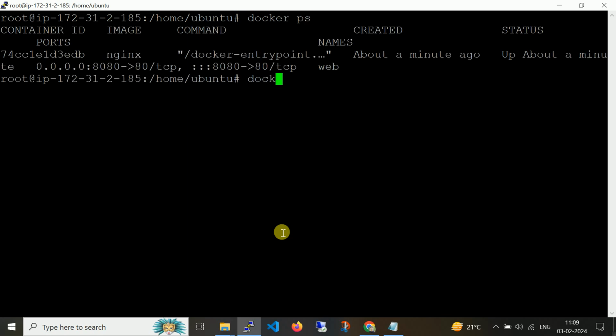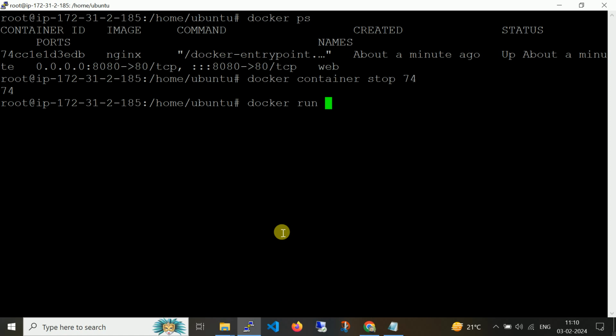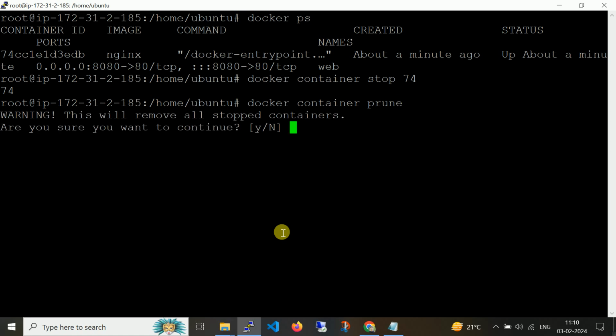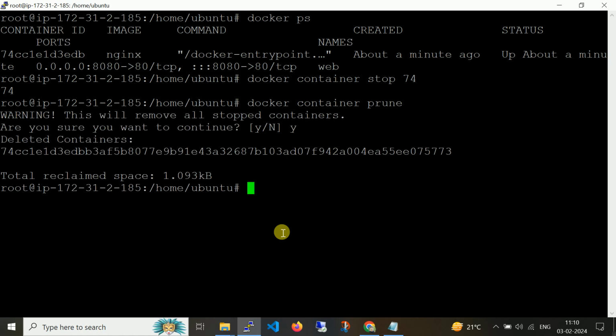Let me stop the existing container and remove it. So all the containers have been removed.